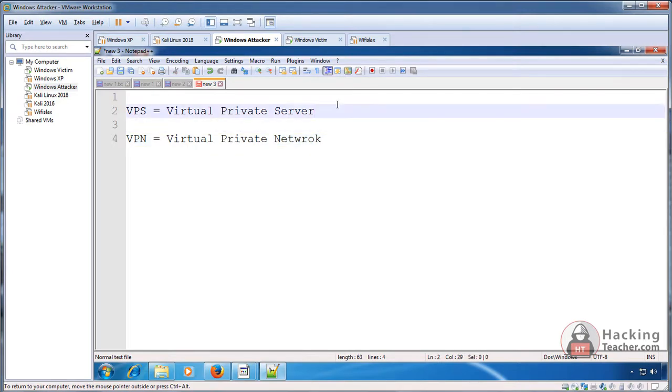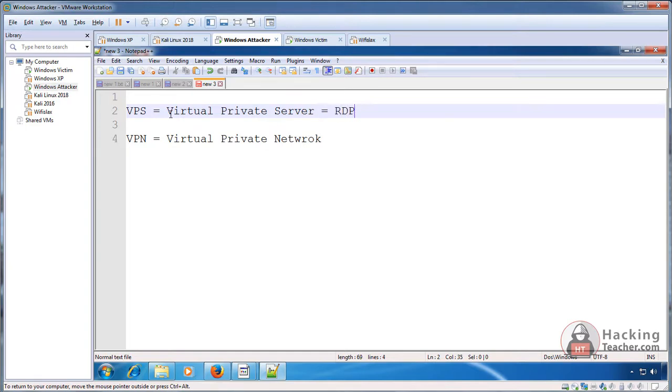So what's the difference between them? A VPS is a computer or a server running somewhere on the internet. There is a company everyone is familiar with, GoDaddy, godaddy.com. They provide website hosting, servers, and domain names. There are hundreds of websites basically who provide you web hosting and servers.